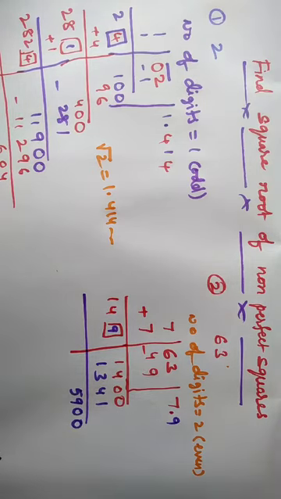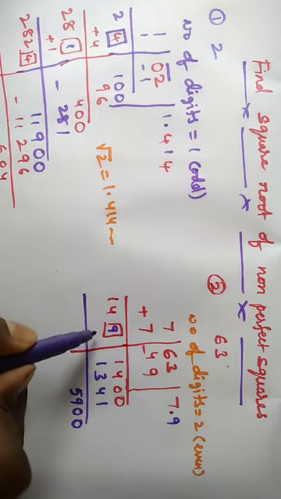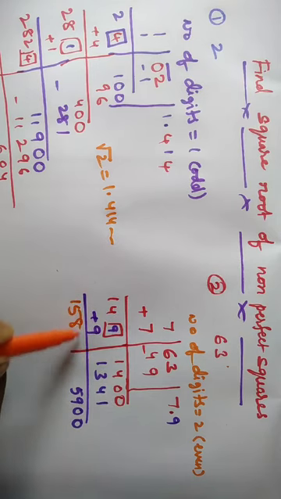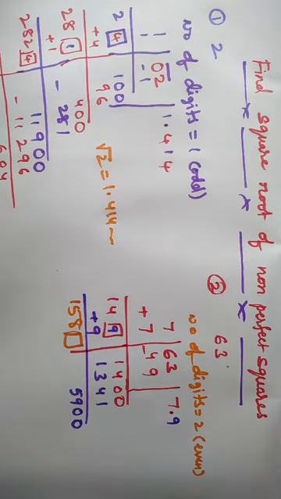Now we can take two more zeros every time. In this division we have to take 2 zeros in each step. In normal divisions we take 1 zero, but while finding the square root we take one group, or one pair. That is why we have to take 2 zeros every time. Now by adding 9 to this one, we get 158. Here I am leaving place for one more digit.